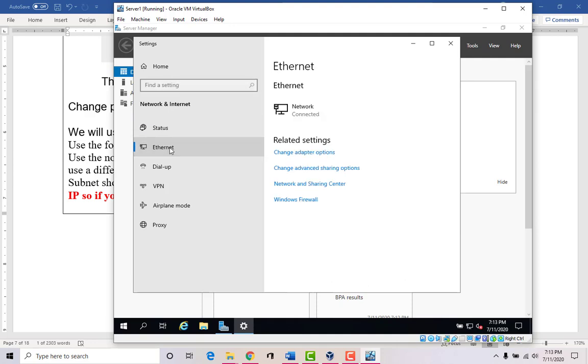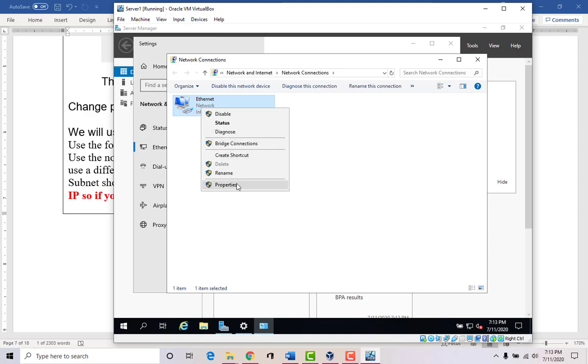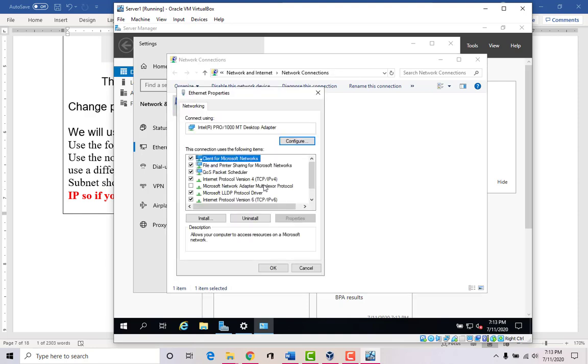We'll go to Ethernet and we'll go to change adapter options. We'll right click on the Ethernet card and go to properties. And we have different protocols available here, right? We're not going to use IPv6 for this particular class, so we can just disable it for now.